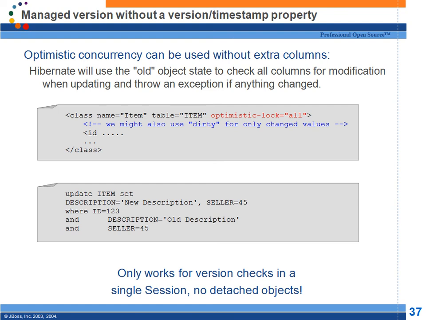For this item you can use optimistic-lock equals all. What this will do is, whenever an update is made on this item, Hibernate will try to compare all the values for all the columns in the table with the current values in the